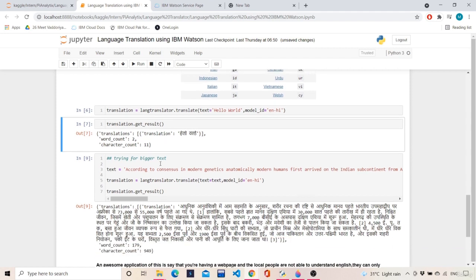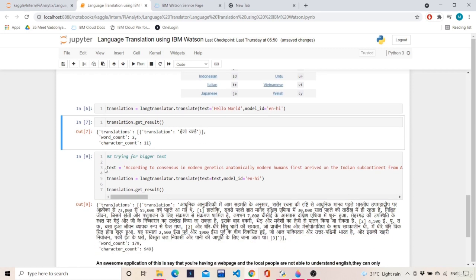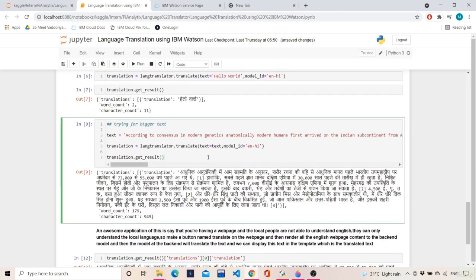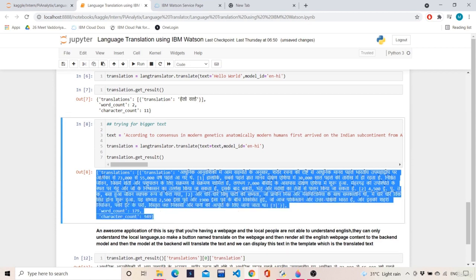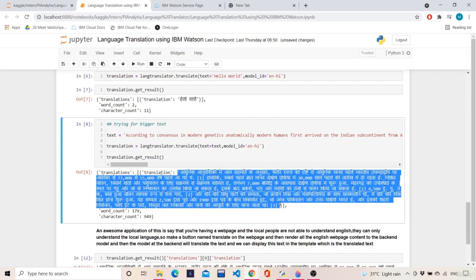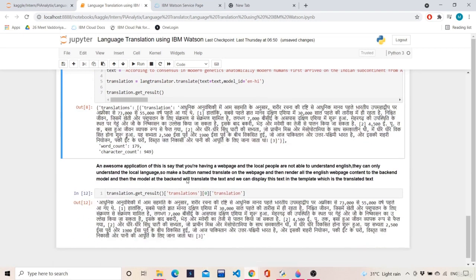Now let's try this for a bigger text. So this is the text which I have chosen, and this is the same method which we are invoking as we have done over here. Now when I hit this, this shows me everything. Now this is in a JSON format, but we are interested only in this part. So how do we extract it? So we say